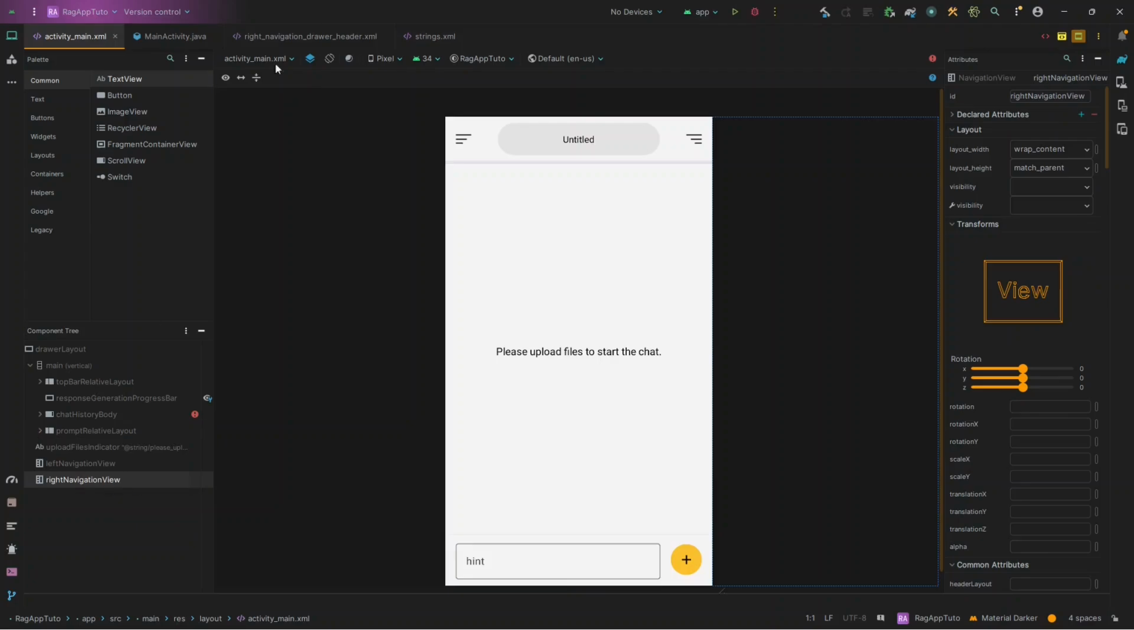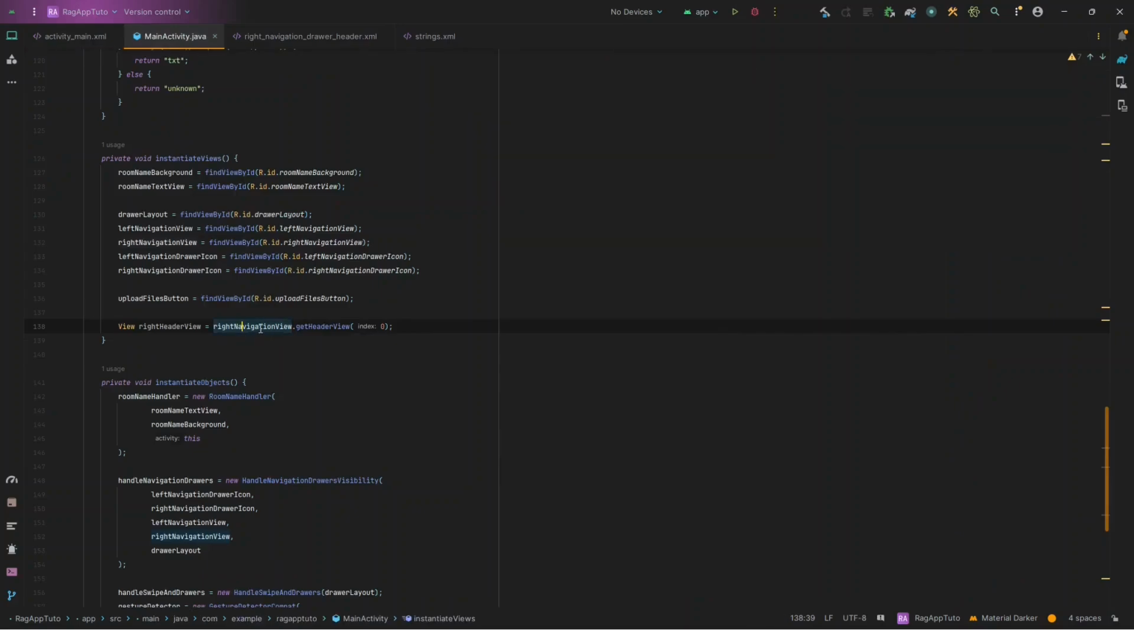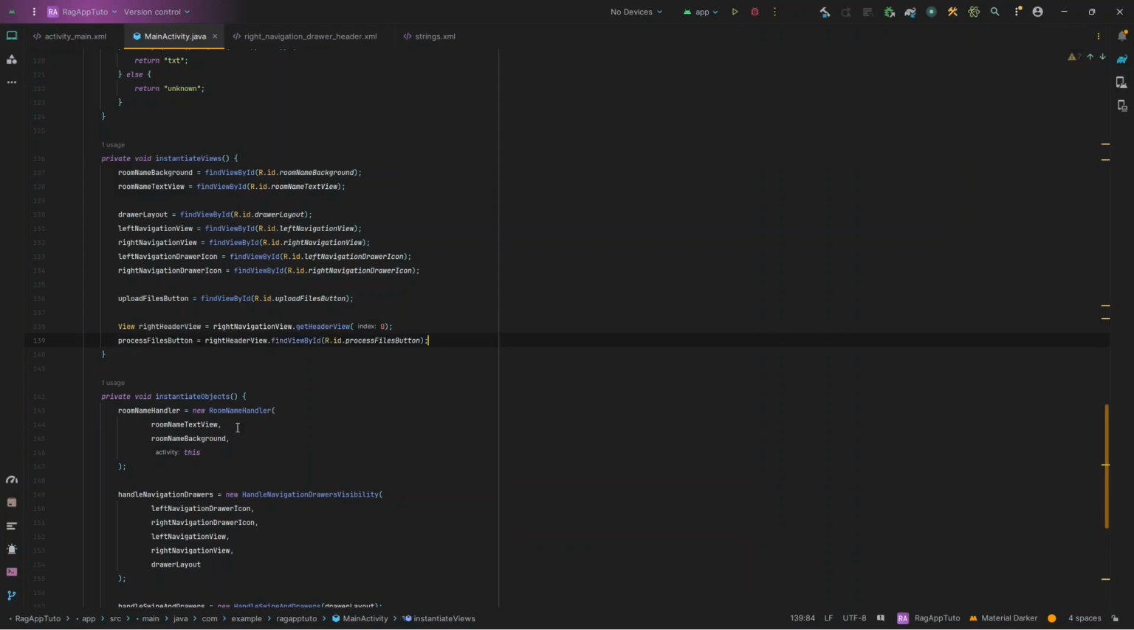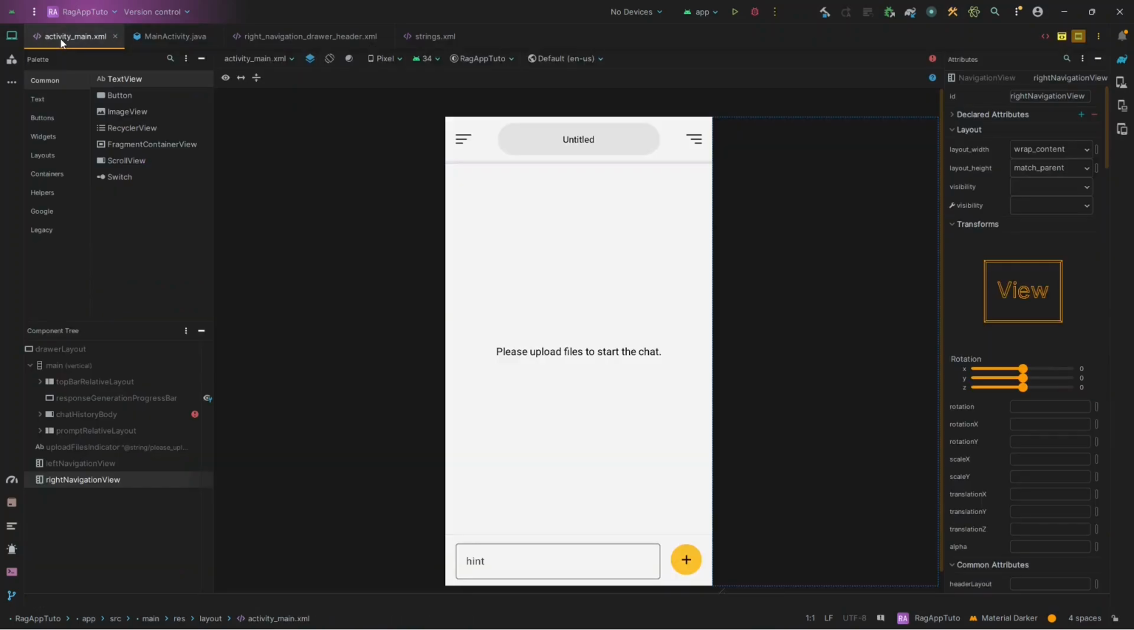The header is basically this layout that we have created. So you can see that we are using rightNavigationView.getHeader. This will give us the header view, and by using this view we can extract the button. As you can see, we are using the right header view and trying to search for the button that has this ID. Now we need to go back to the activity main.xml, click on the right navigation view